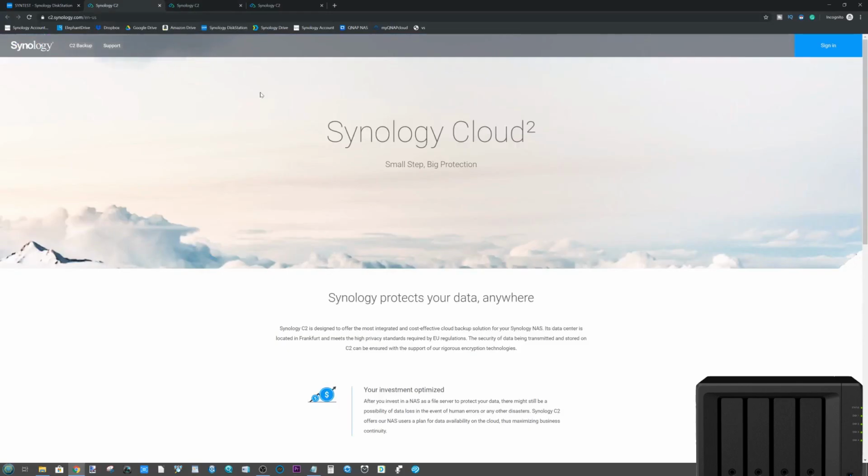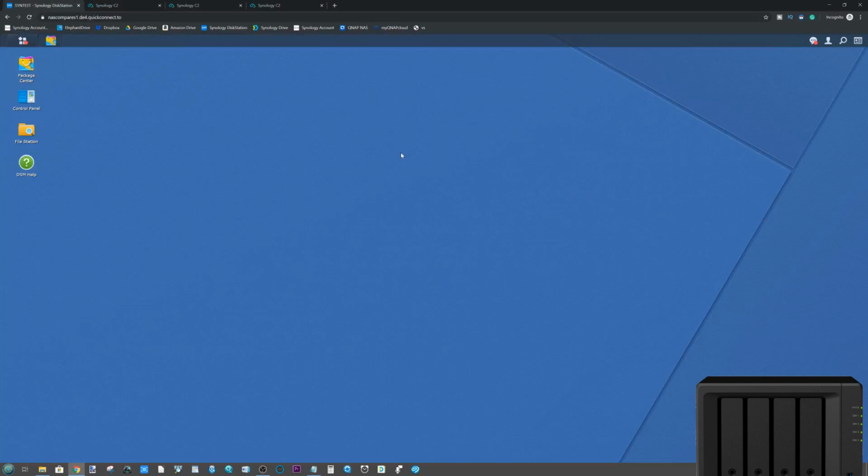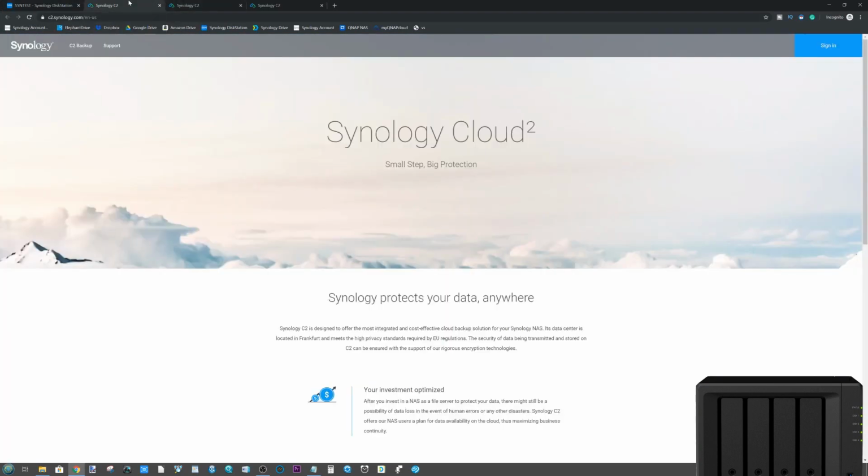Hello and welcome back. Today I want to talk you guys through how to set up your Synology NAS and your Synology C2 cloud account for the very first time. We will be doing a full software overview of Synology's C2 cloud in conjunction with DSM from Synology NAS, but today I wanted to talk you through exactly how to set it up for the first time, because